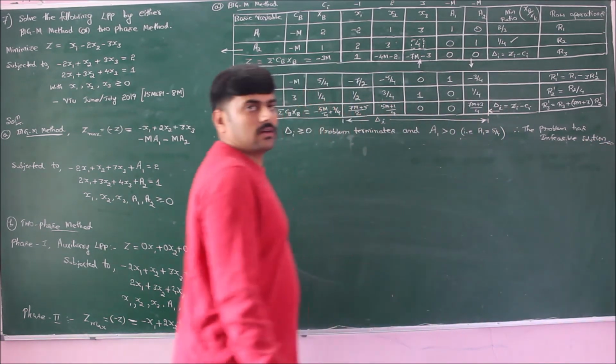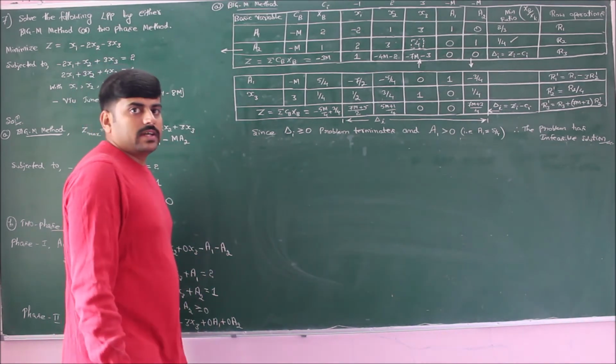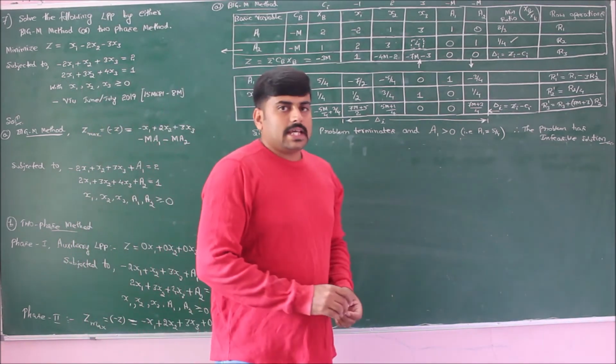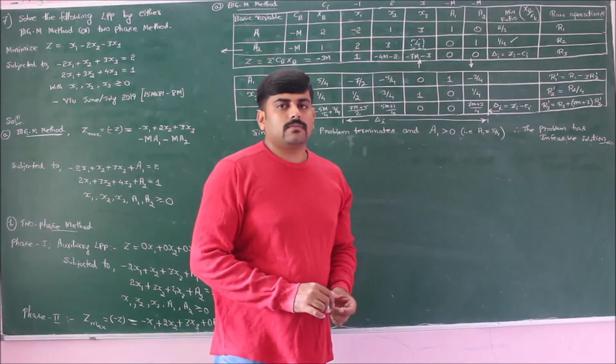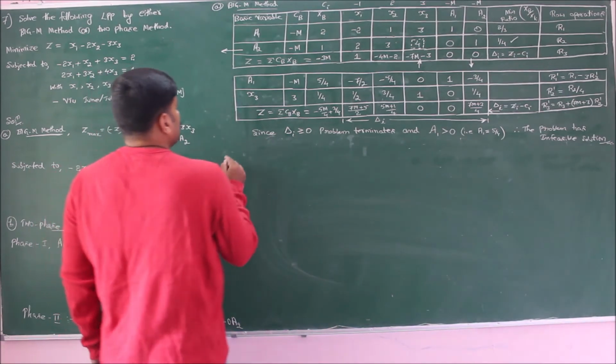So this is the answer for the problem from Big M method. Let us verify whether you get the same infeasible solution answer by two-phase method. Moving on for two-phase method,